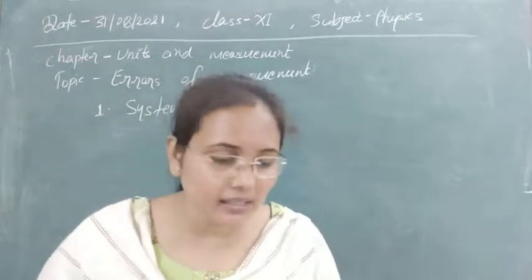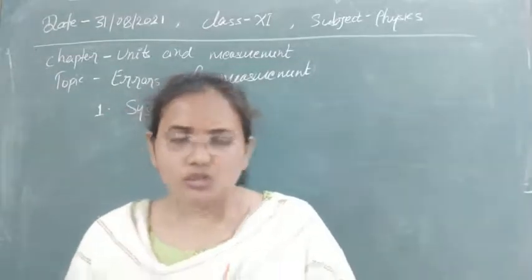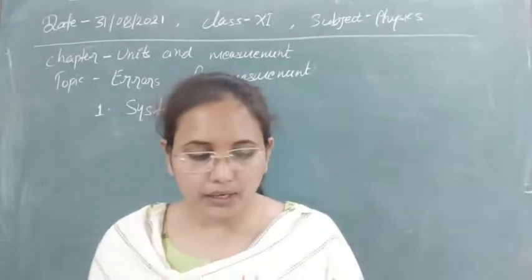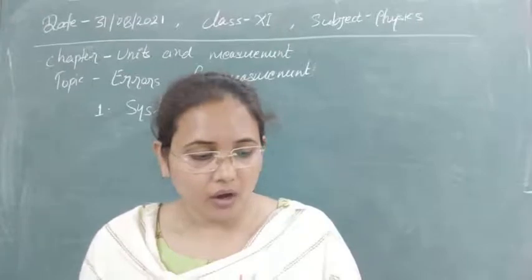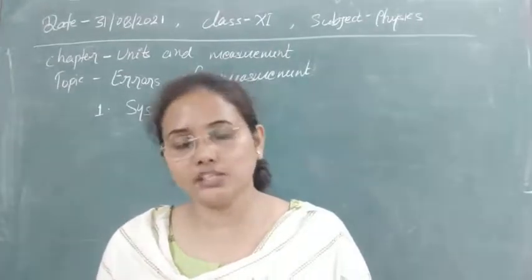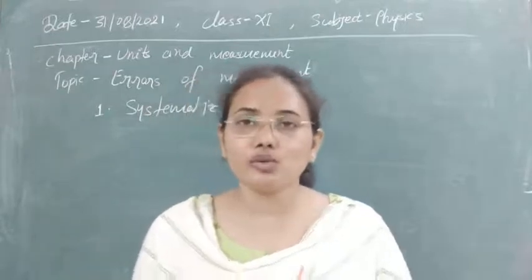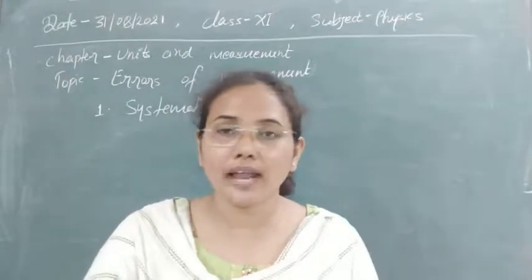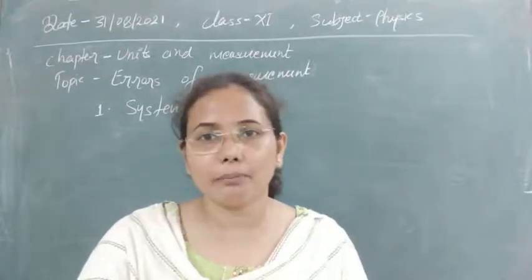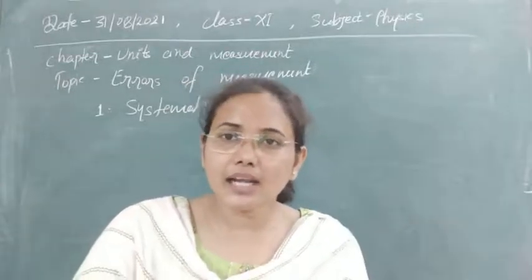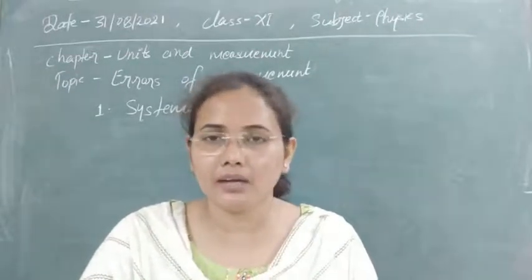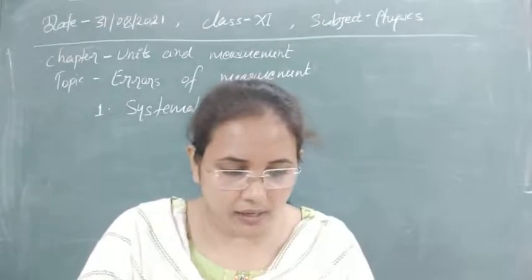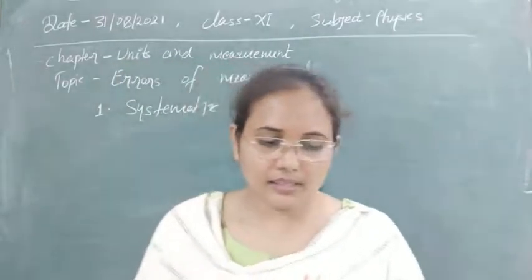The first type of systematic error is instrumental error. How can it arise? It arises from errors due to imperfect design, manufacture or calibration of the measuring instruments. Whenever we are designing, calibrating or manufacturing our instruments, this kind of error can be there. Suppose you have made a balance and it is a little tilted, then that is called an instrumental error, and whatever you measure will be wrong from there. I think the example is now clear.